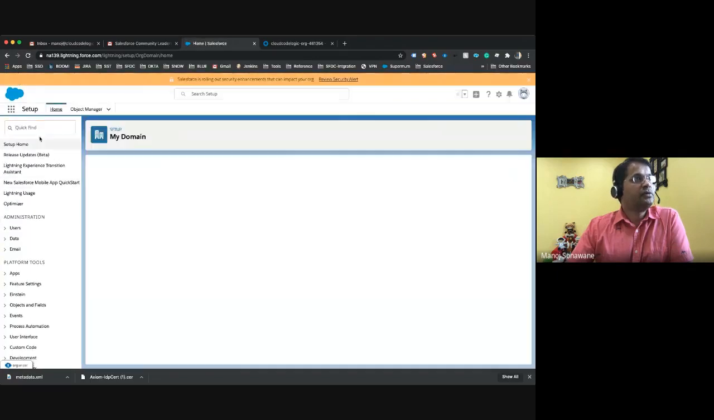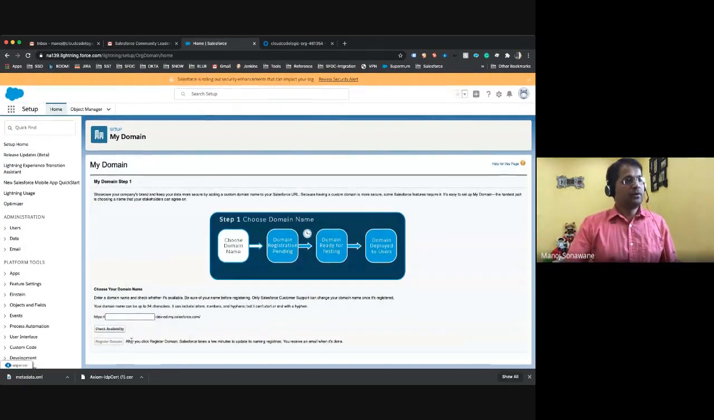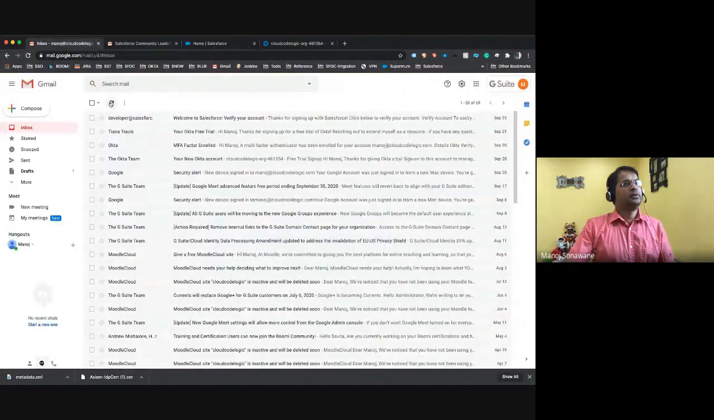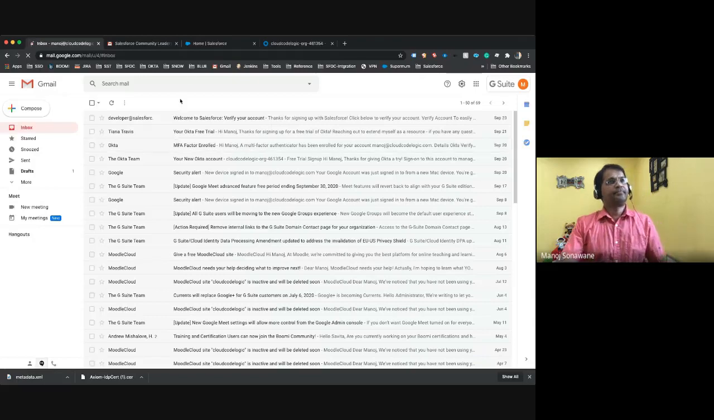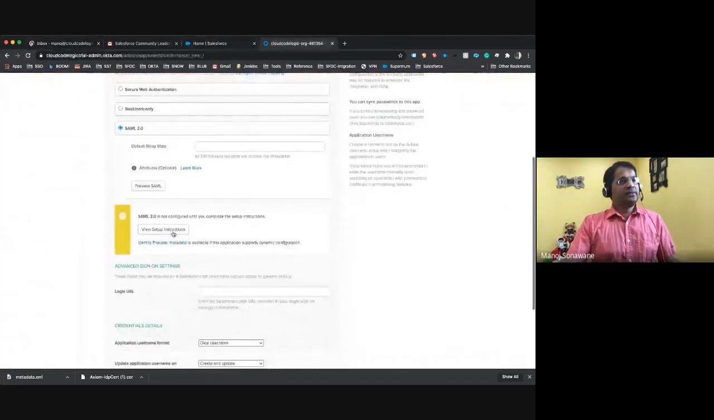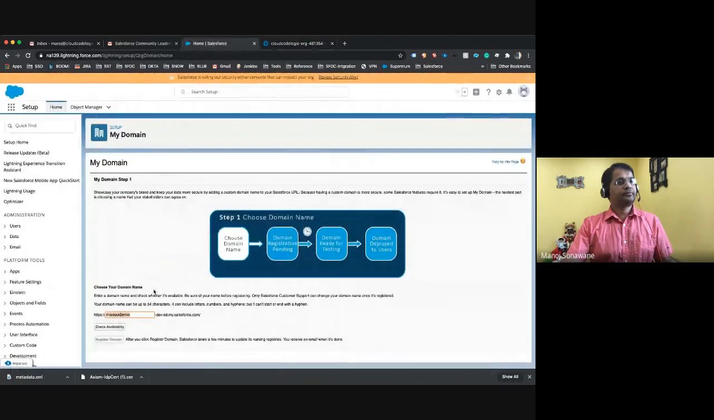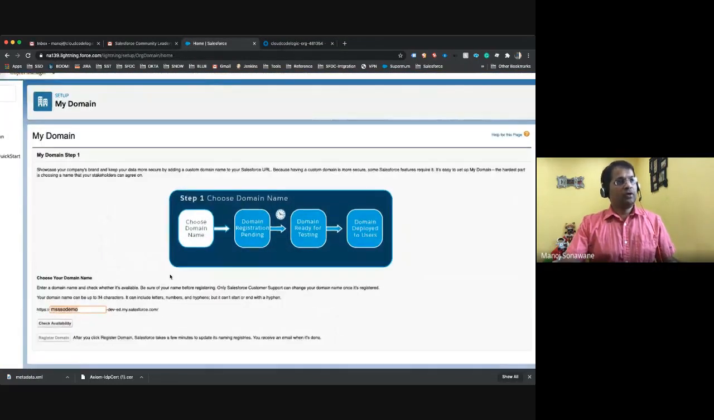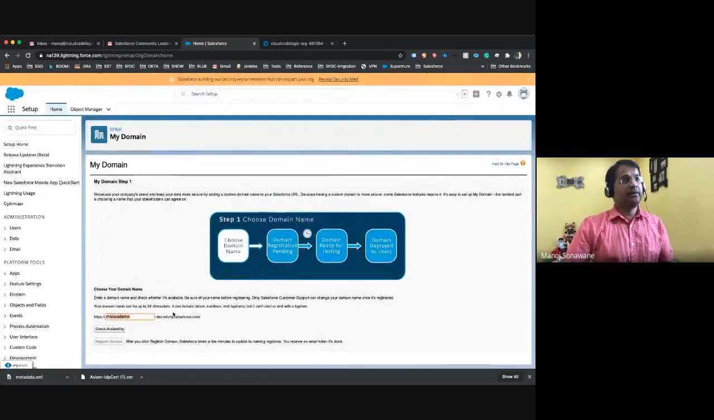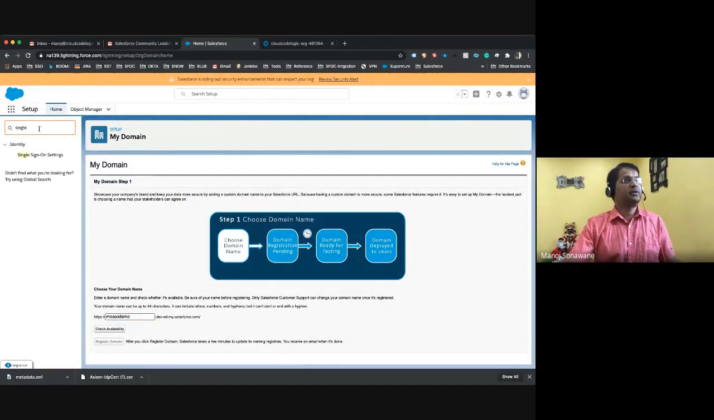So hopefully it's taking. Yeah. So let me see whether it went through. Demo. Yeah, it will take some time to get this registered. Once we have this domain generated, the next step is we have to deploy that, and we'll go back to our single sign-on settings,